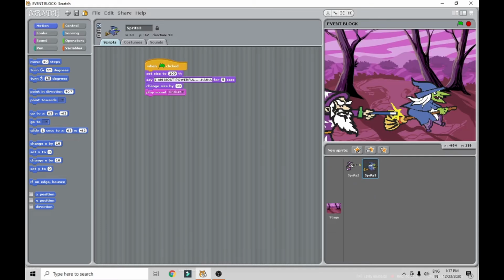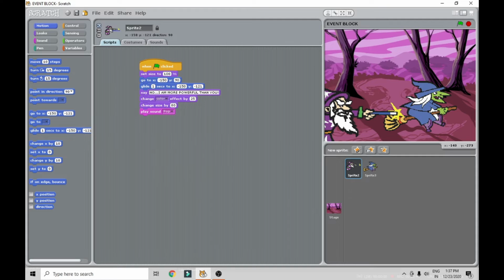These are the two sprites that I have made. Just check it out. This is sprite 2. When you click on this sprite, these are the codes I wrote from motion, looks, control, sensing and operators.